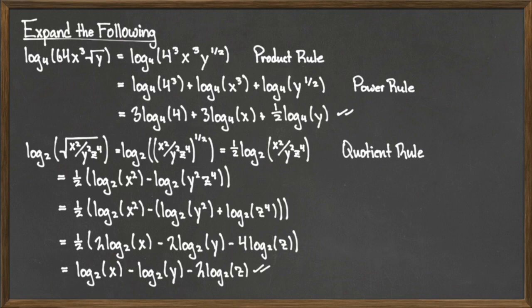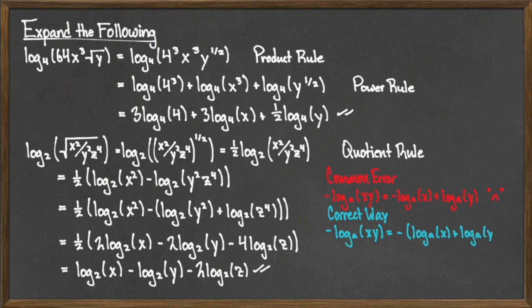I do want to address a very common error that can be made when using the product rule or the quotient rule. If I just had the term negative log base a of x times y, and I wrote it as negative log base a of x plus log base a of y, this would be incorrect because that negative applies to the entire thing. So I have correctly used the product rule, but I forgot to distribute that negative sign everywhere that I should have. What I should have done is written that negative log base a of x times y is equal to